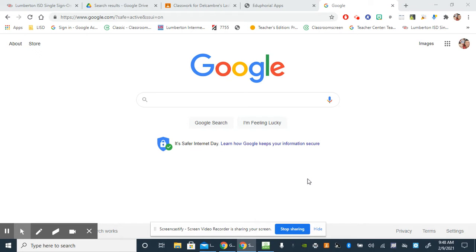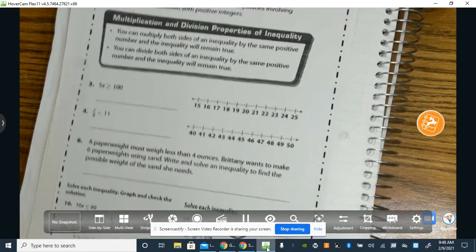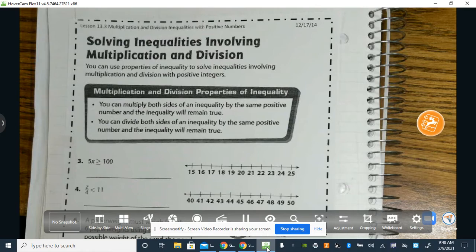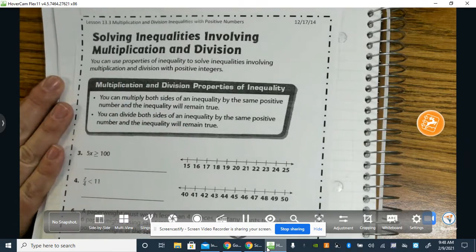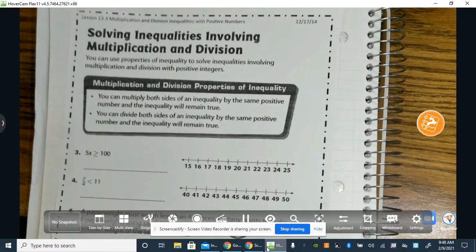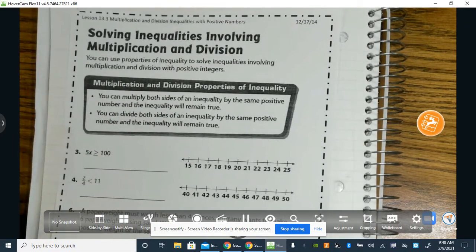So today is February 9th, and here is a rundown of what we're doing today. All right, so you will need your notes for 13.3, multiplying and dividing inequalities with positive numbers. So please make sure you have that out, and we're going to be going over that today. So again, let's go ahead and date this